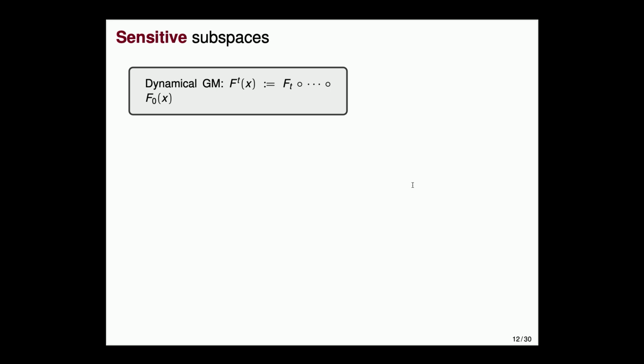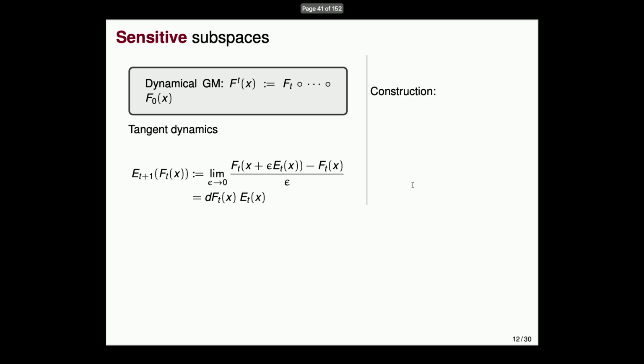So to understand this, let us look again at error propagation in the tangent space, which is simply defined like this. Constructively, let us take E0 to be some little d dimensional subspace. So it is just a matrix with orthonormal columns, right. That is E0, which is little d dimensional, where little d is the dimension of the support of the target. It is strictly less. Okay, if it is equal, then you have an absolutely continuous target. If it's strictly less than the capital D, the ambient dimension, then we have a low dimensional manifold supporting the target.